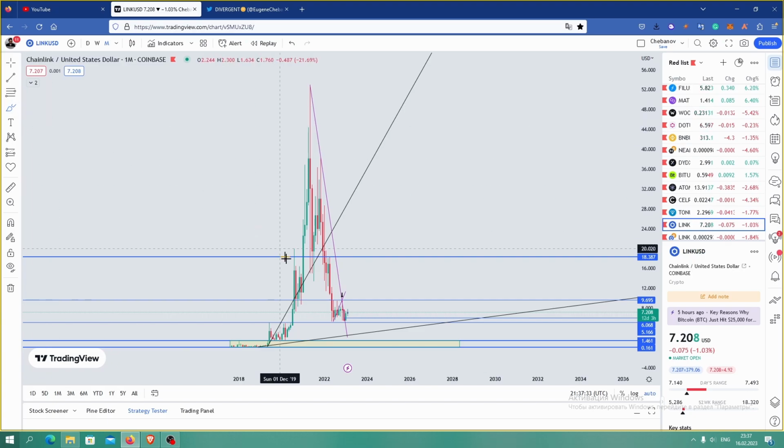Even if Bitcoin continues to go higher, and we draw something like this, and finally Bitcoin tries to play out its weekly